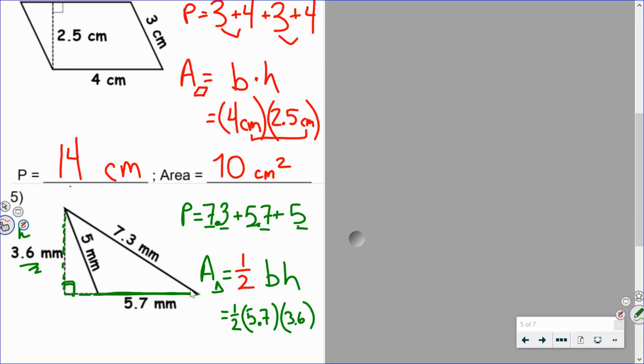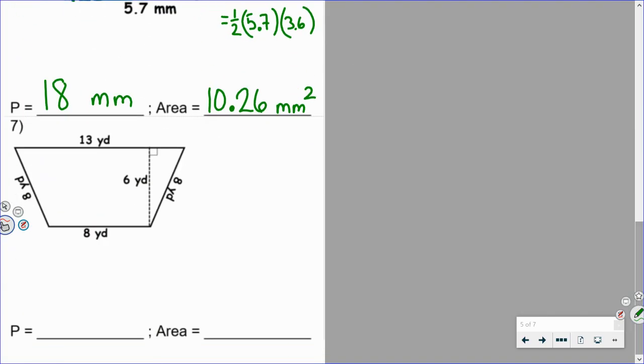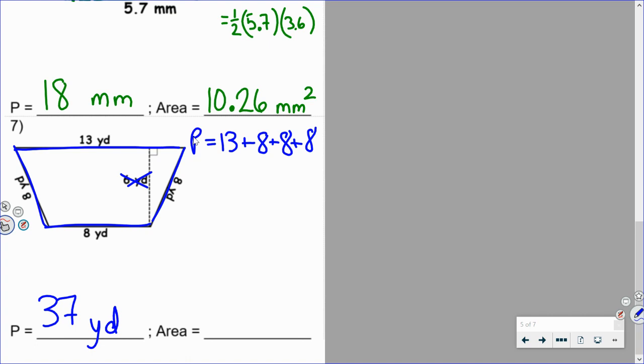All right, let's carry on, please. Down to number 7, which I think is one of the toughest. Perimeter shouldn't be too bad. 13 is one edge length, and then an 8. I usually just go around clockwise so I don't miss any. 8, and then another 8. Oh, interesting. That 6 is not a part of the exterior of the shape. So if we were to add 8 and 8 and 8 and 13, that's 24 and 13, that's 37 yards